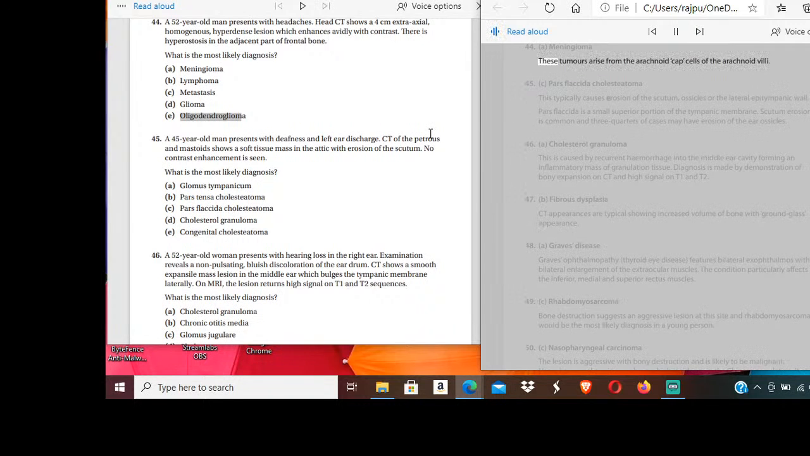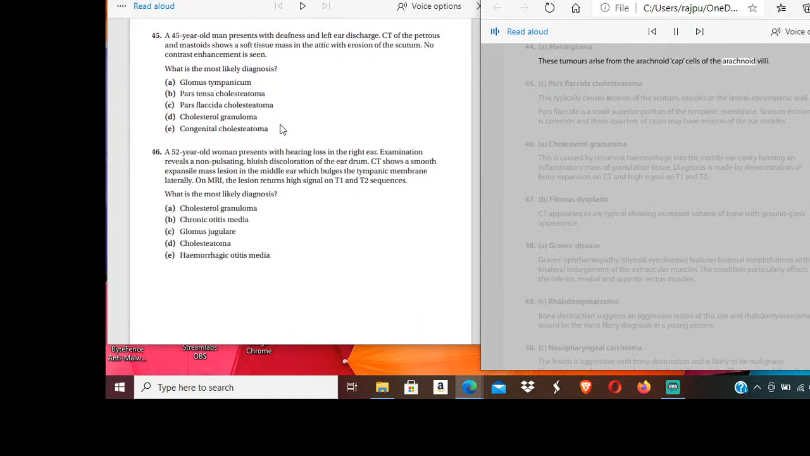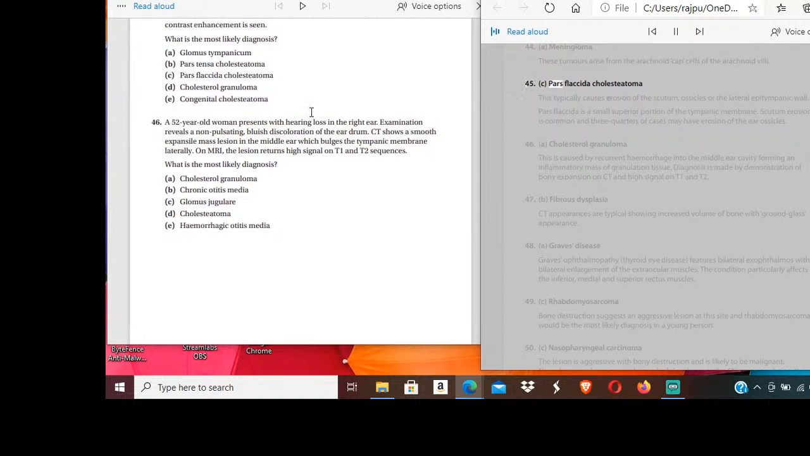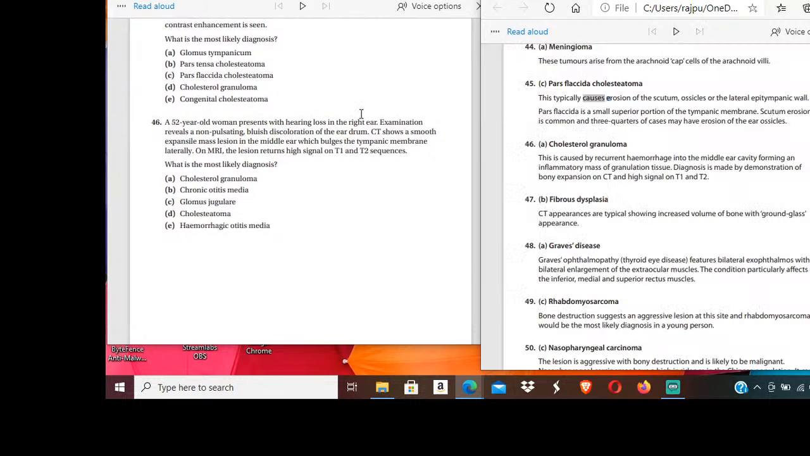44. A. Meningioma. These tumors arise from the arachnoid cap cells of the arachnoid villi. 45. C. Pars flaccida cholesteatoma. This typically causes